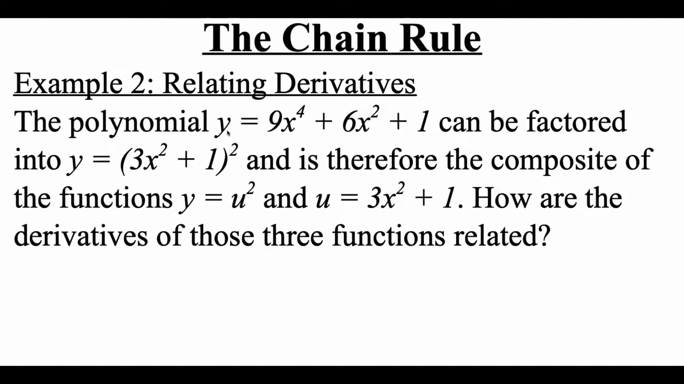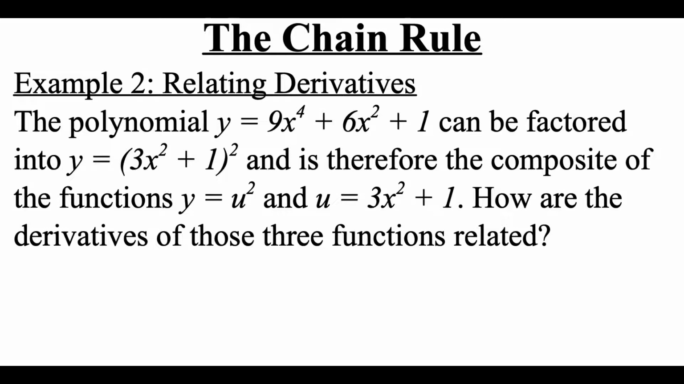We've got the polynomial y equals 9x to the fourth plus 6x squared plus 1, and that can be factored into y equals (3x squared plus 1), all being squared. And so we can think about that as being a composition of functions as well. So we've got the y equals u squared function being composed with the function u equals 3x squared plus 1. And again, we're going to look at the derivative of each one of those individual functions